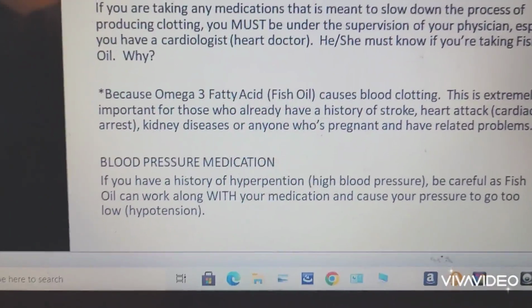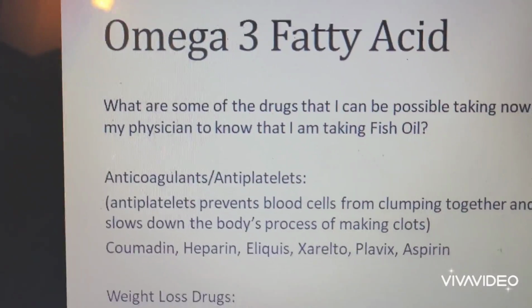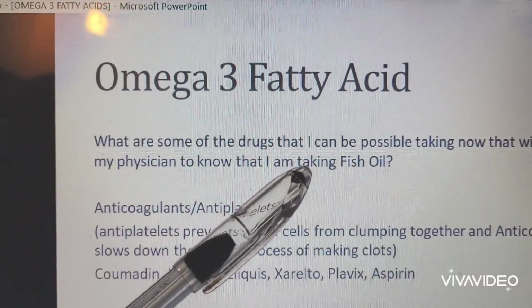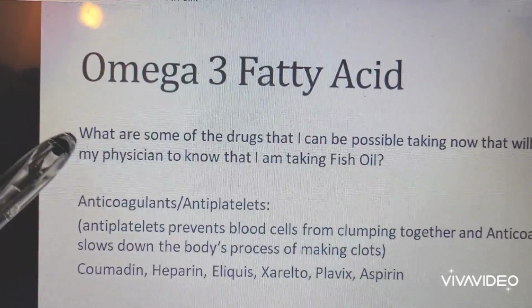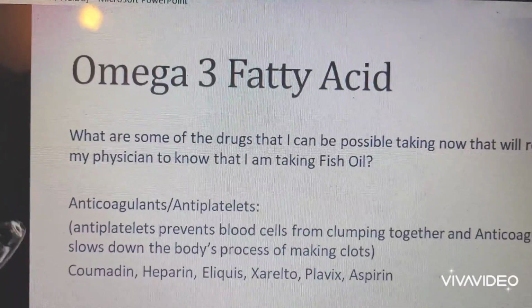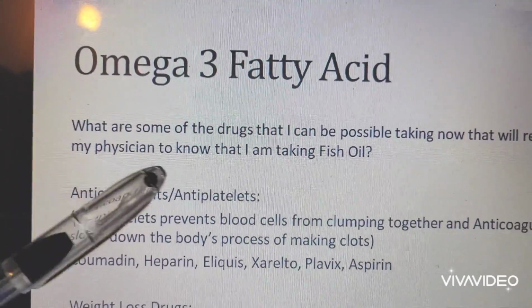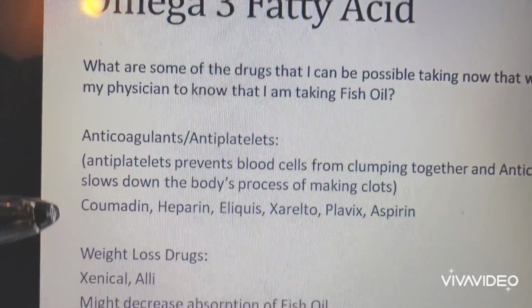Okay, go one more. What are some of the drugs that you can possibly be taking now that will require your physician to know that you are taking fish oil? Here,